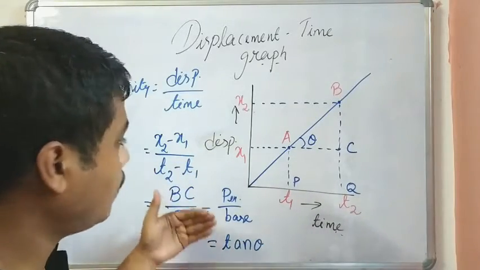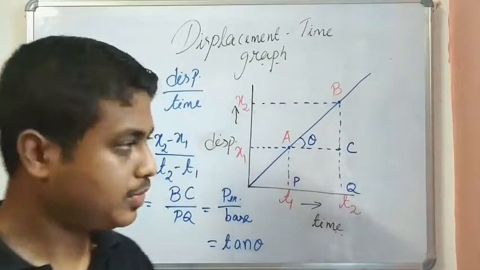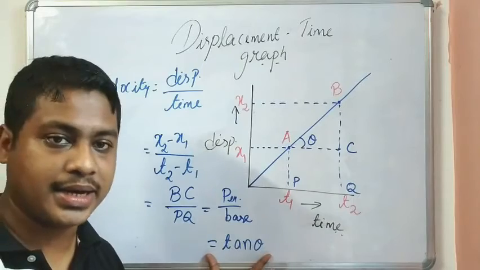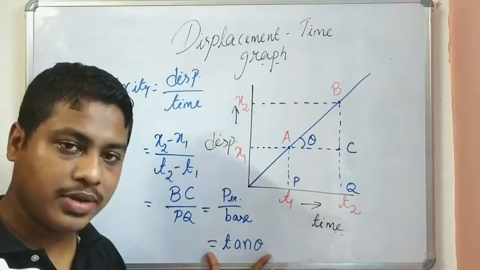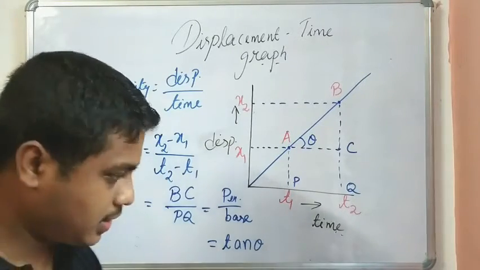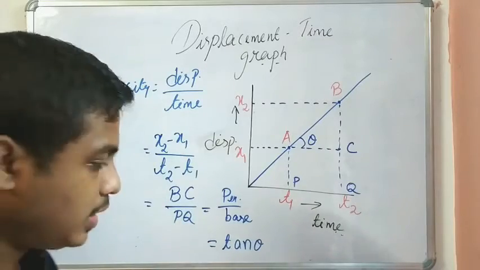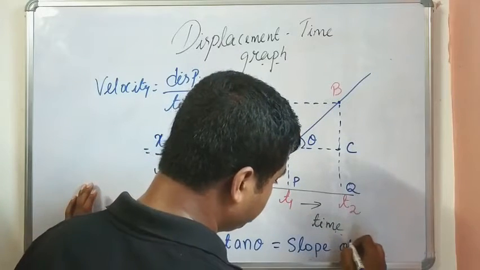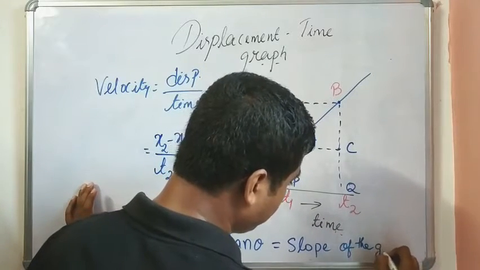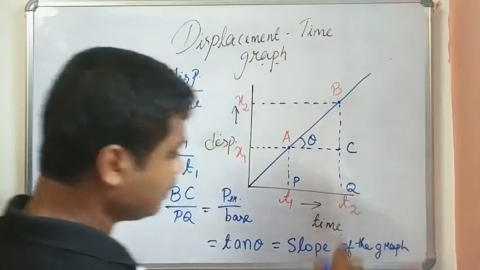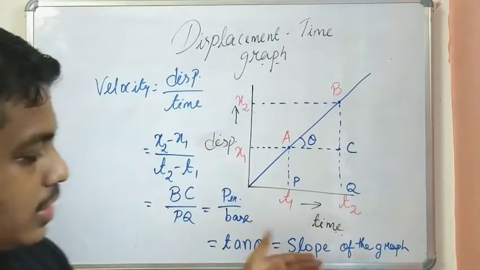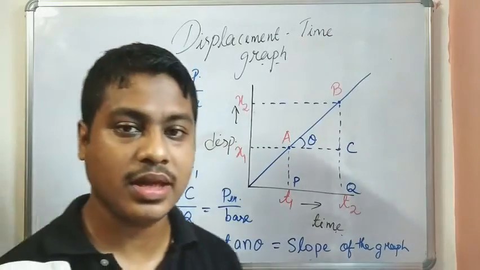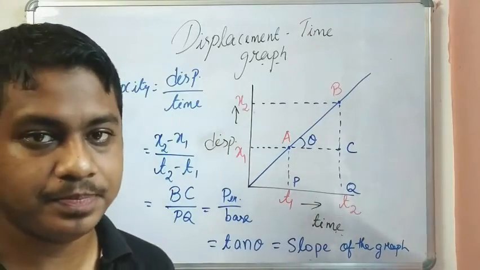Okay. So for calculating the velocity from this graph, that is a displacement time graph, you need to calculate the value of tan theta. ठीक है, तो थीटा का वैल्यू दिया हुआ होगा, तो उसी से हम लोग रिप्रेजेंट कर सकते हैं कि वेलोसिटी का वैल्यू कितना होगा, and this is also called as a slope of the graph. Clear? This is called as a slope of the graph.